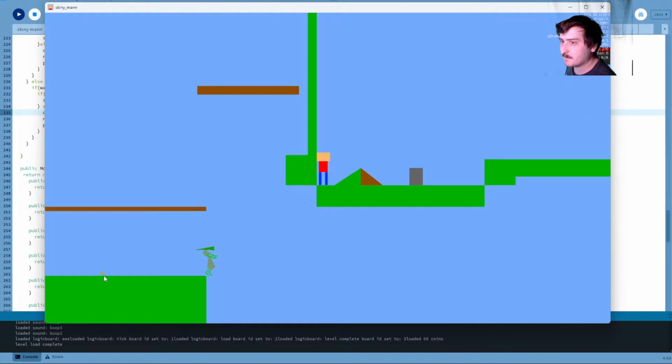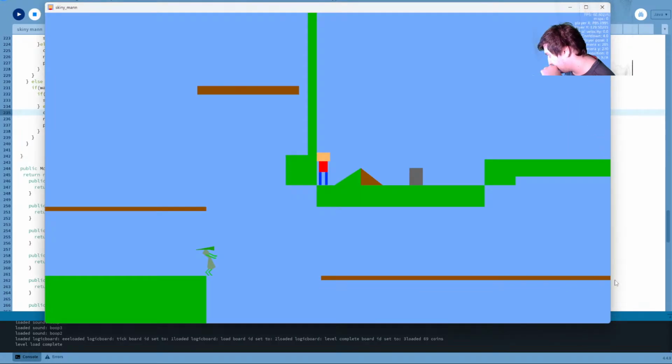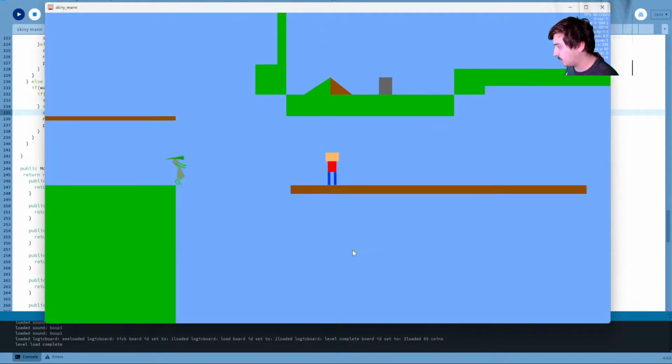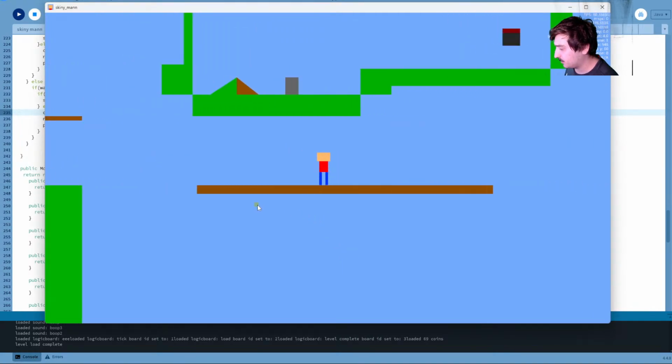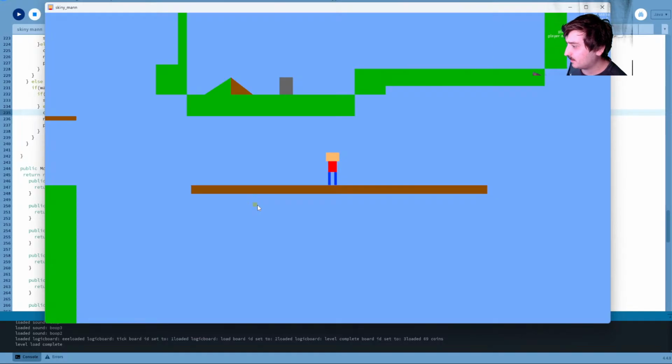So the detection range is about here. That's basically on screen. Here, actually, let me build myself a platform down here. Unfortunately, yeah, can I even be... If it's on screen, will it always be tracking me?